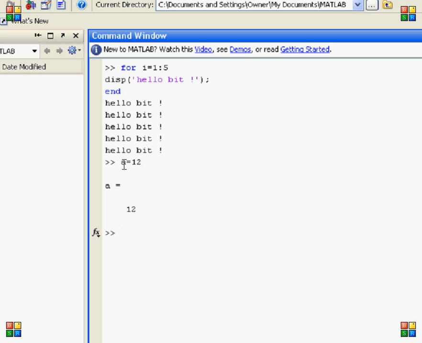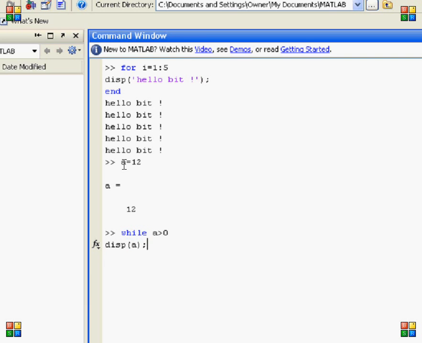So now I'm going to create a variable a equal to 12. So I assign the value 12 to variable a. Now I am making a while on a, while a is greater than 0. While a is greater than 0, execute your body. So I want to display the value a.